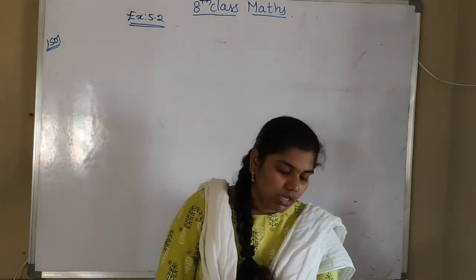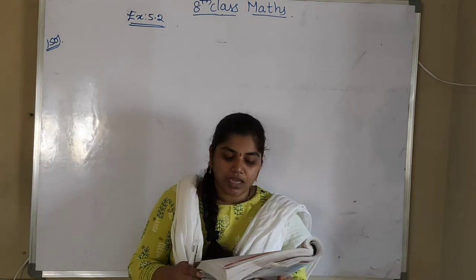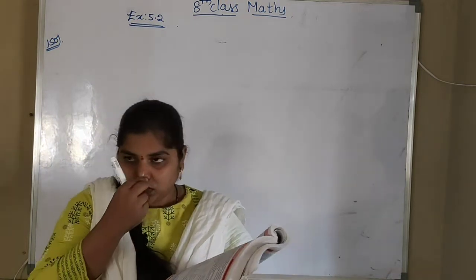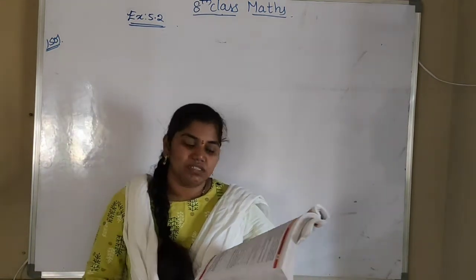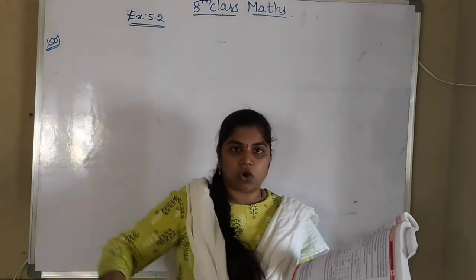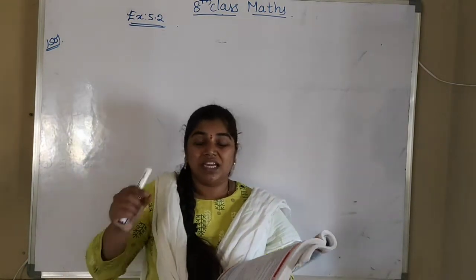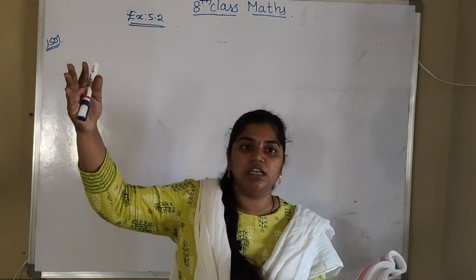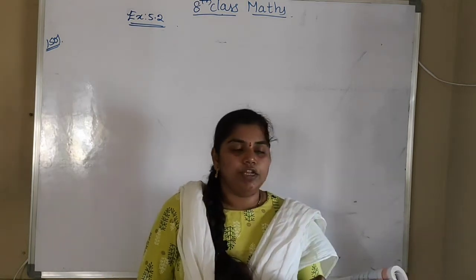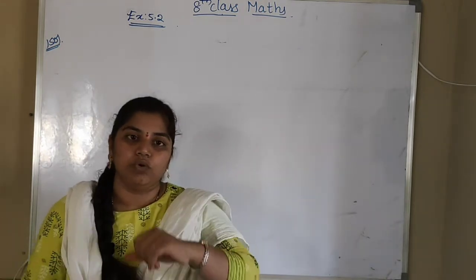So in the first question, in the year 2012, it was estimated that there were 36.4 crores of internet users worldwide. So worldwide, how many internet users are there? They are 36.4 crores. Okay, now after 10 years, the number will be increased by 125%. That 36.4 crores has been increased by 125%, it seems. So estimate the number of internet users in 2022. So we have to find how many internet users there are in 2022.